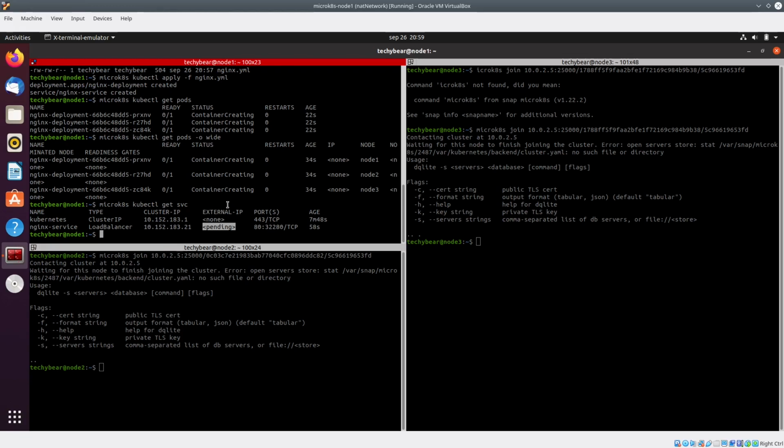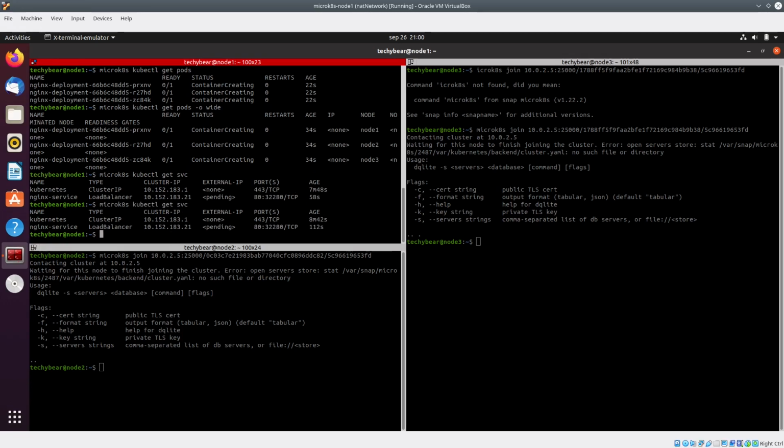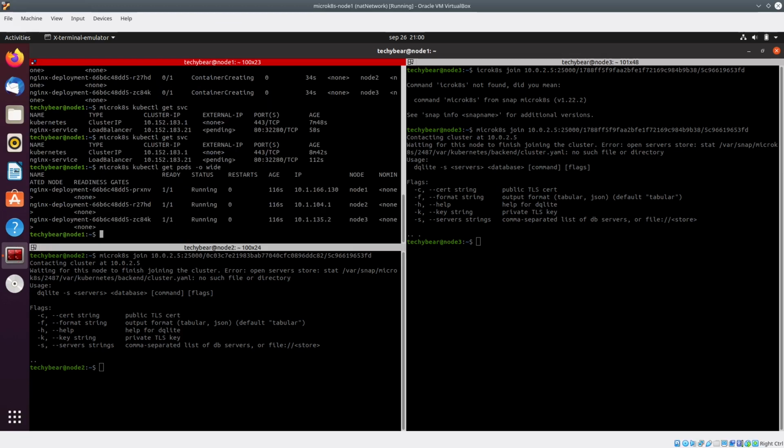In our case, for example, I'm deploying the environment in VirtualBox and there is no load balancer service available. Let's say you are deploying an AKS cluster. There you get the load balancer from Azure itself. So here we have to deploy this add-on, otherwise it won't get the external IP. Your pods will start running in a few seconds. They are already running now.